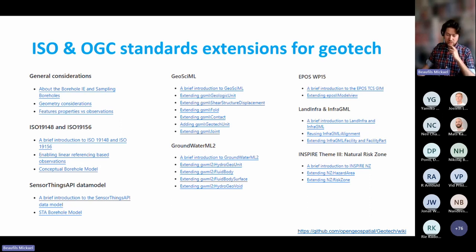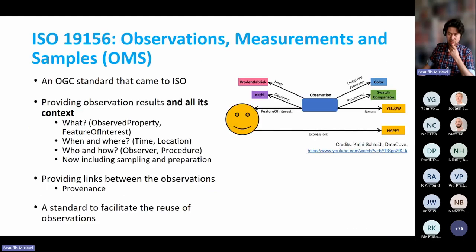One of the other things we worked on in this Geotech IE was how to provide the geotech investigation data. We had some long discussions in IFC about whether this topic should be addressed or not, and the idea was how to facilitate the reuse of the existing data models like DIGS and AGS. So we work on the basis of this ISO standard. At first it was an OGC standard that then came to ISO. That's something that happened, and we are happy about that. It is about how to describe these observations.